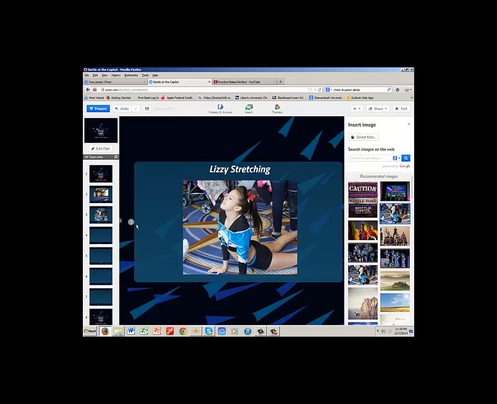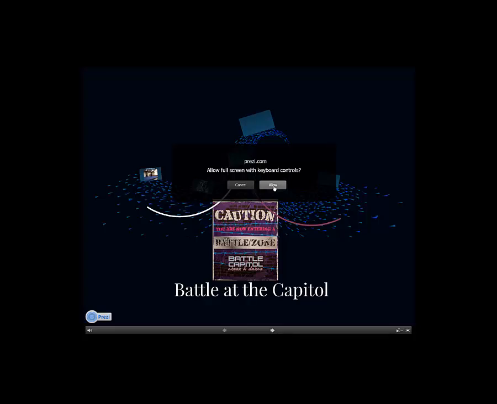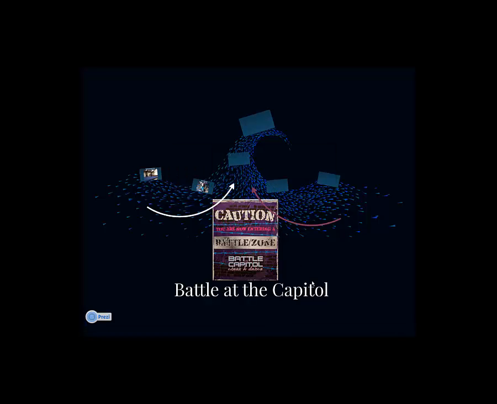Alright, so if you want to preview your presentation, you would click on Save and Present, because it's got to be in present mode, and it's going to allow you to